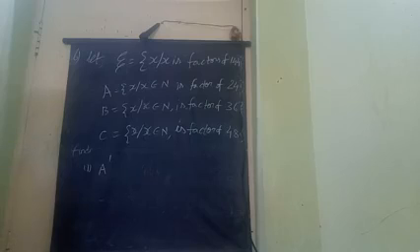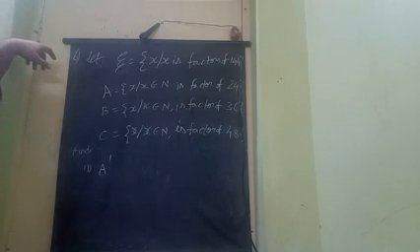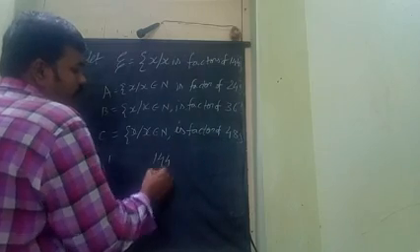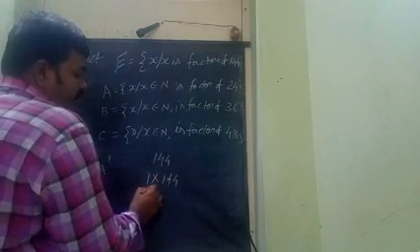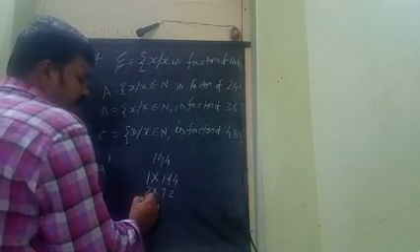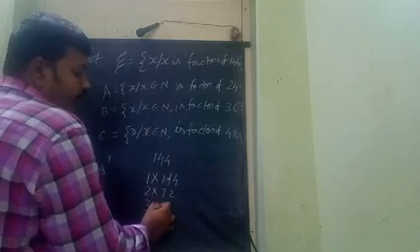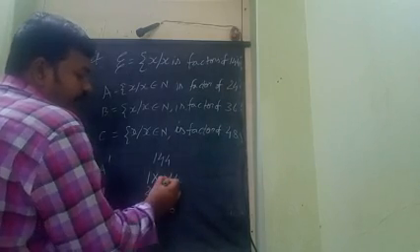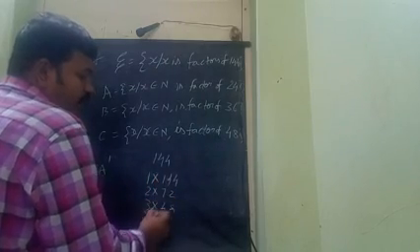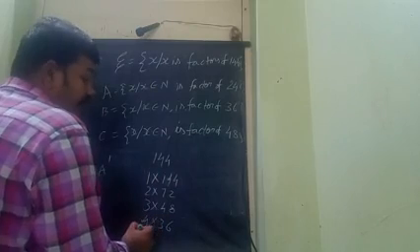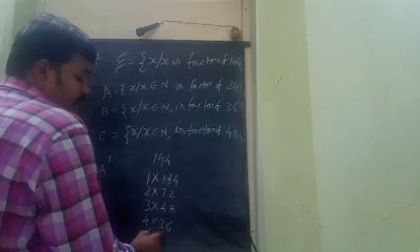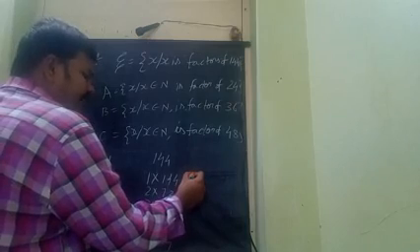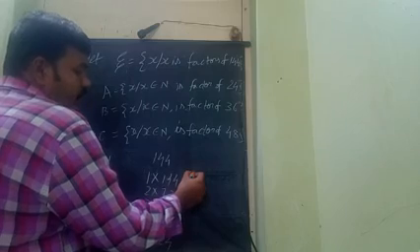Factors. How will you find the factors? From the 4th class onwards we have been finding factors. Here I am writing the factors of 144. 144: 1 into 144, 2 into 72, 3 into 48, 4 into 36, 4 table, 4 3s are 12, 4 9s are 36. 5 table, it will not come. 6 table, 6 2s are 12, 6 4s are 24, 6 into 24. 7 table, no. 8 table, 8 1s are 8, so it is not possible.